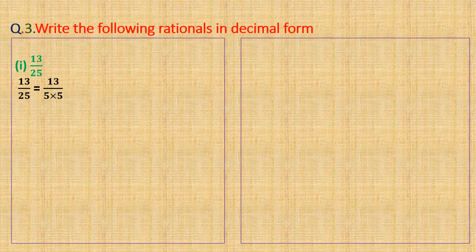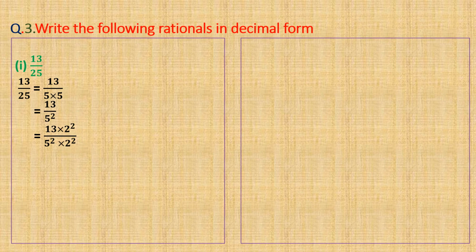So here I can write the next step as 13 by 5 square. 5 into 5 is 5 square. As 5 square is there, here I should write 2 square. Right? The power should be the same. Then only, 5 into 2, I can write as 10 square. If it is 3 here and 2 there, I cannot write it in terms of 10. Right? So I am including 2 square extra in the denominator, so I should include it in the numerator also. Your next step will be like this: I included 2 square in the denominator as well as in the numerator.